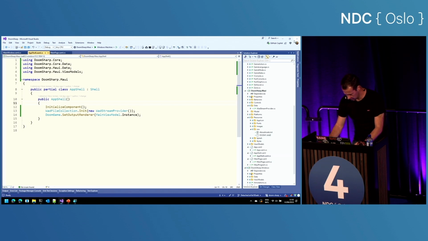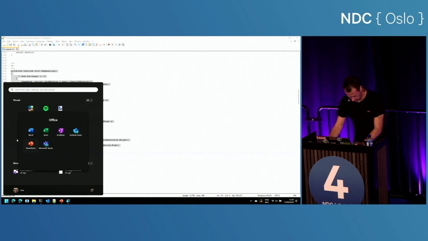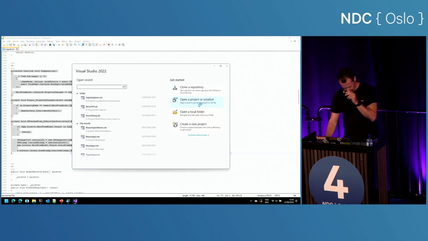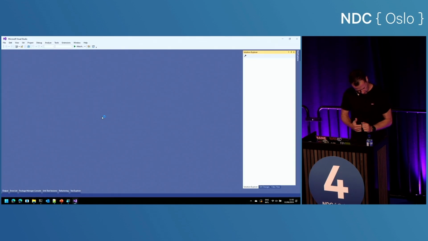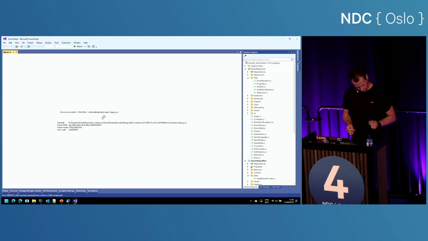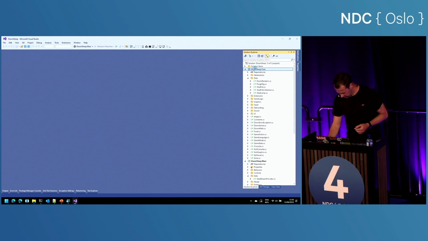All right, I'm quickly going to restart Visual Studio because something is messed up. All right, we should be getting to the point where this actually runs and renders if it builds. Which also shows that software development is not an exact science.